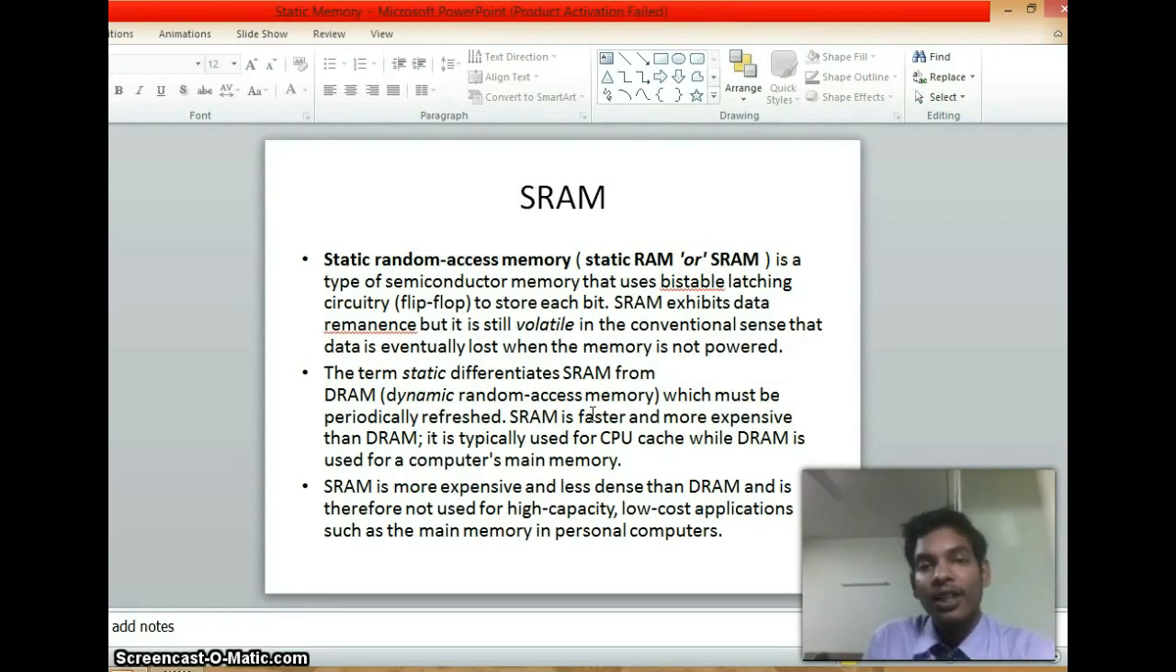SRAM is a type of RAM known as static random access memory, or static RAM. It's a type of semiconductor memory that uses bi-state latching, also called flip-flops, integrated in a circuitry to store each byte of data. SRAM exhibits data remanence, meaning it is volatile in nature: the data is lost when the memory is not being